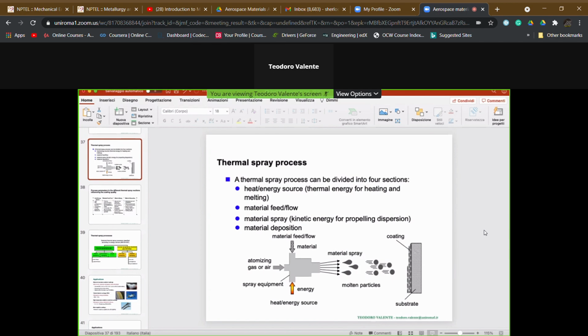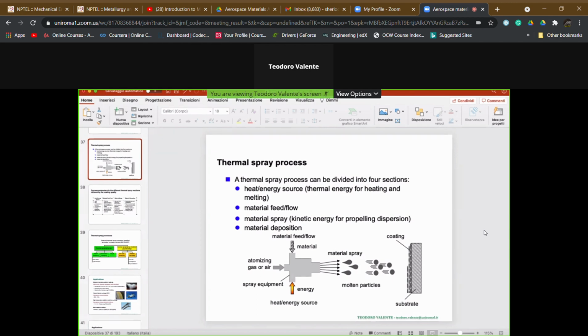and they are controlled by quite a relevant number of processing parameters, which can be directly linked to the coating quality, that is, to the properties of the coatings and thus to the surface performance of the coatings. Here you have a list of some of them. They can be as high as 40, depending on the four sections that were represented on the